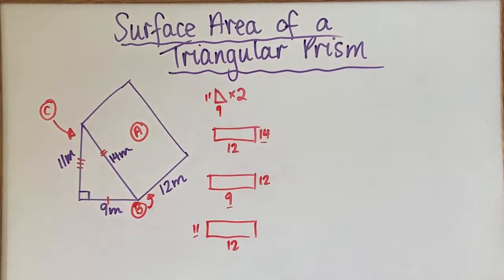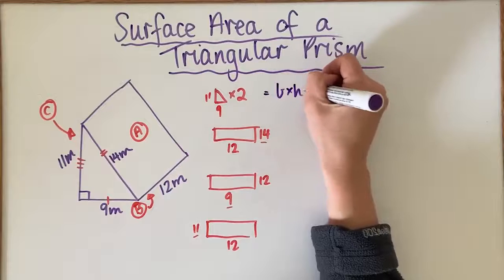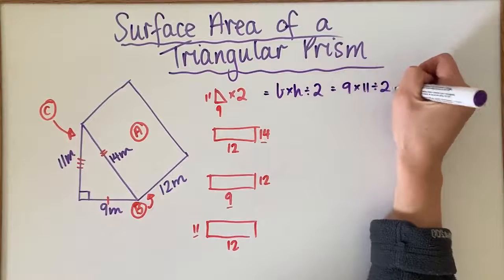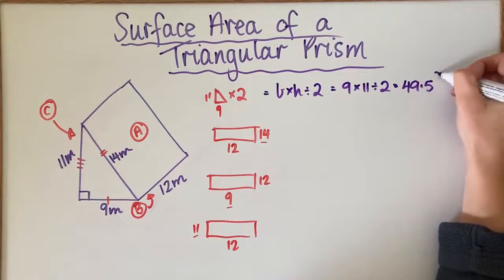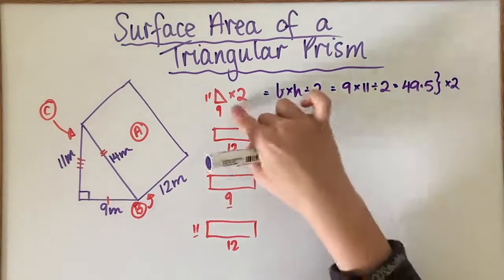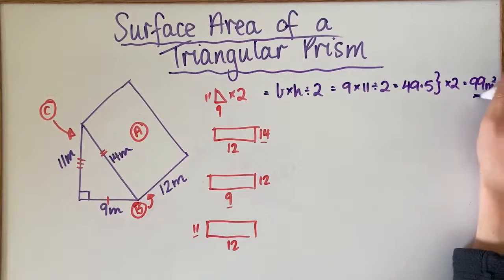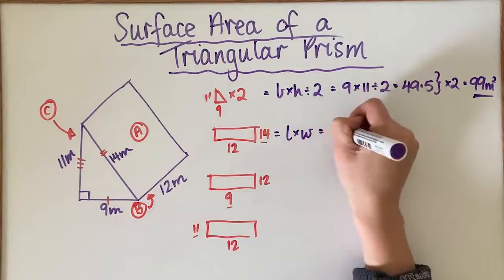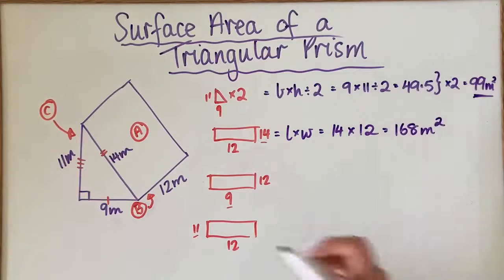So now we can do our formulas. For this, it's going to be base times height divided by 2. And that's going to give me 9 times 11 divided by 2. It's going to give me 49.5. But I want to double this because I've got 2 of those. So that's going to give me 99 meters squared. I'm not sure if you can see that, but that says 99 meters squared. This one is going to be length times width. That's going to be 14 times 12, 168 meters squared. Now I don't need to double that because I've only got one